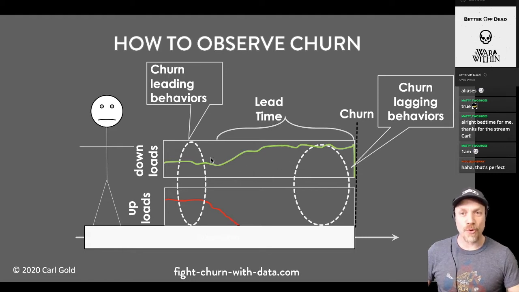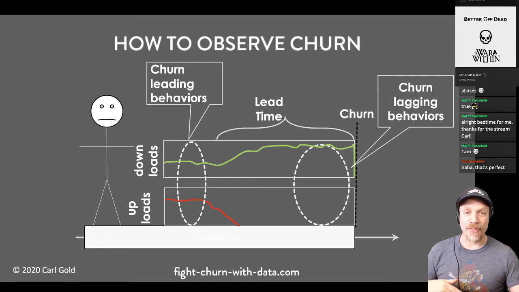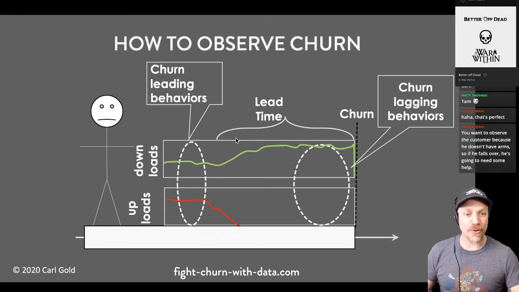So I would say you want to observe people in this period leading up to the churn when they haven't made up their mind yet, and probably the lagging behaviors haven't kicked in. So it's actually harder to identify the churns, but at the same time, that's what you need to do, because that's when you want to understand the people in that state, and you also want to reach out to them. So we're going to try to make the observations in advance of the churn. Now, how do you know when it's in advance of the churn? You don't actually. But you can just do it.